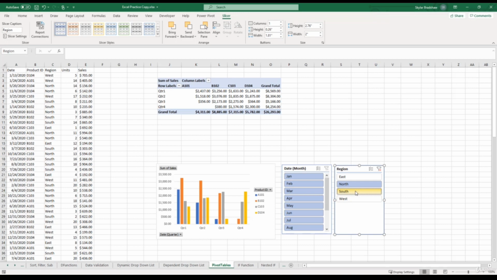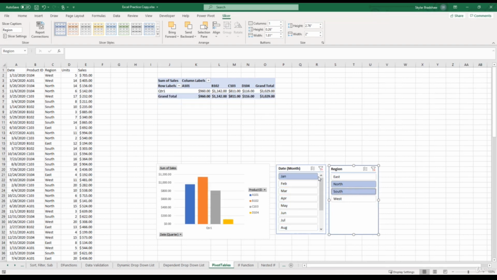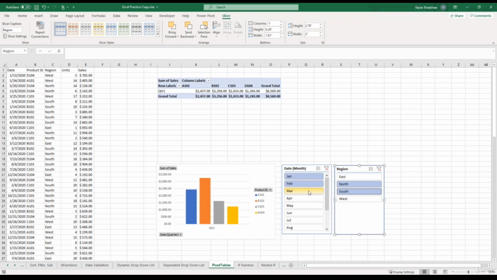Another neat thing with slicers is that we can apply multiple filters at the same time. Right now we're seeing the data for the North and South region, but for all the months. So in our month slicer, we can select which months we want to show in our chart. So let's say that we want to show January, and I can press the Control key or the Command key to select more months. So let's just select February and March. Now our table and chart only show data for the months of January, February, and March for the North and South